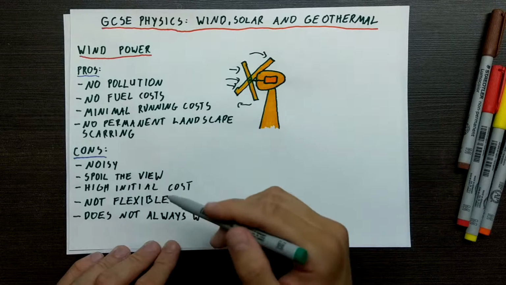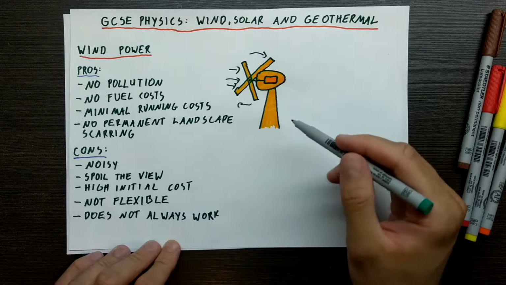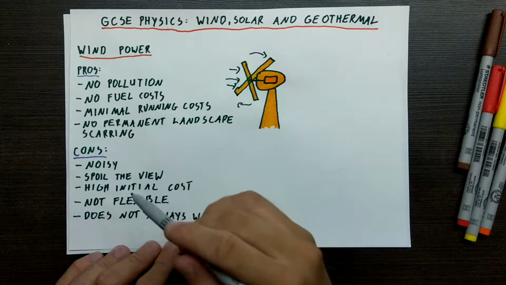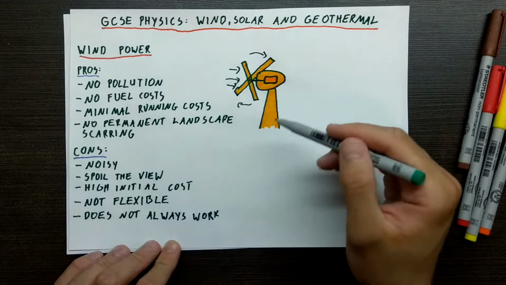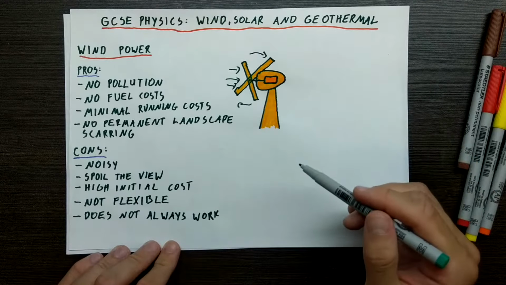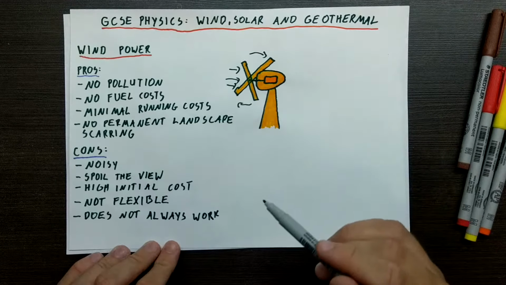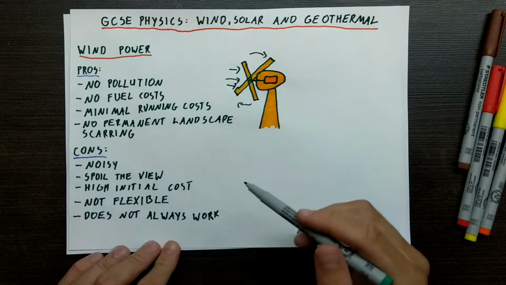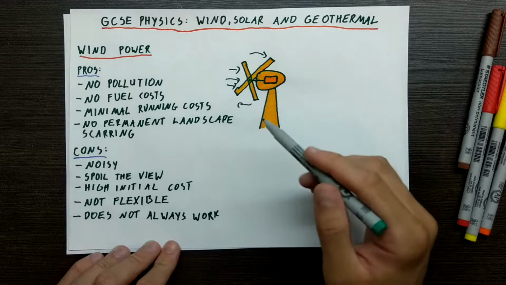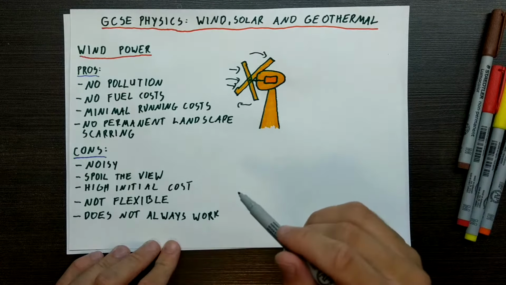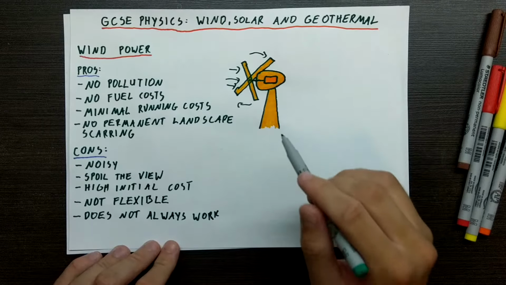And these two reasons are obviously a cause of a lot of friction when an energy company wants to set up a new wind farm somewhere, but the people living in the area start protesting and start refusing to allow the energy company to build these wind farms, because obviously they have their own concerns as well. Now, another con of wind farms is high initial costs, because you need to make it, you need to transport these wind farms, which is not cheap, because you need to transport each part separately. You might have seen on highways, on motorways, those trucks carrying those massive blades. These things are quite massive,